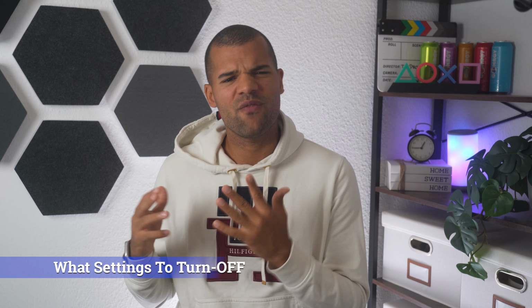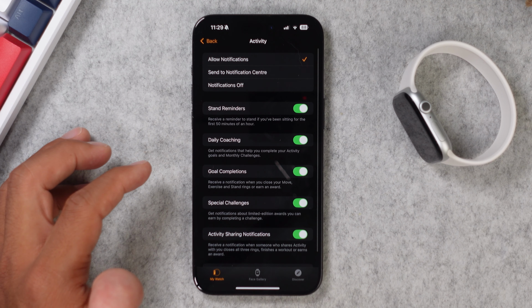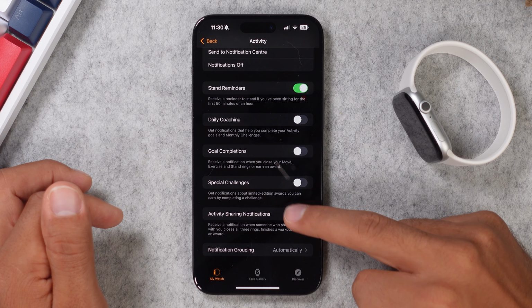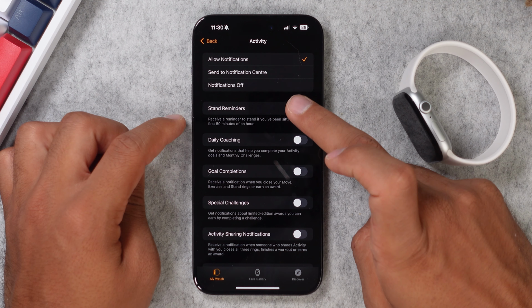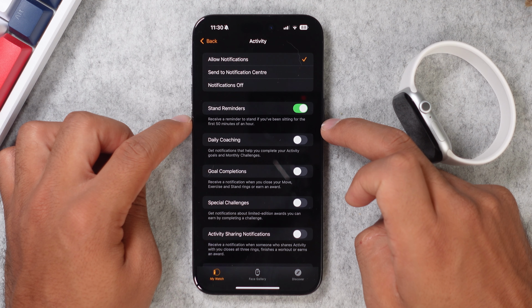So there are some very useless settings I would turn off, and some I would leave on. In your activity settings, you got stuff like your daily coaching, goal completion, special challenges, or the activity sharing notifications. I personally would turn all of these notifications off, as those are very specific ones and not everyone needs these, and I would only leave on the stand reminder,